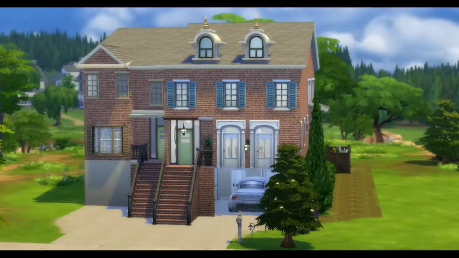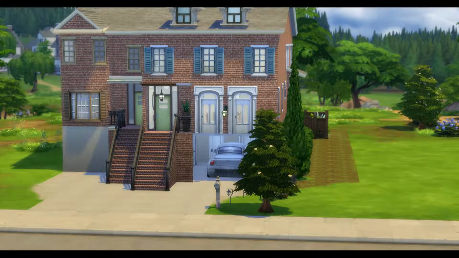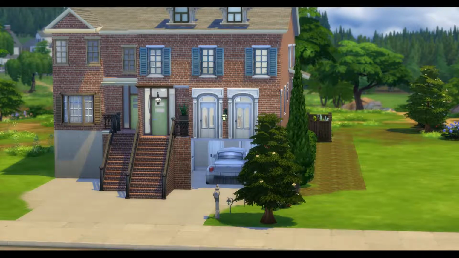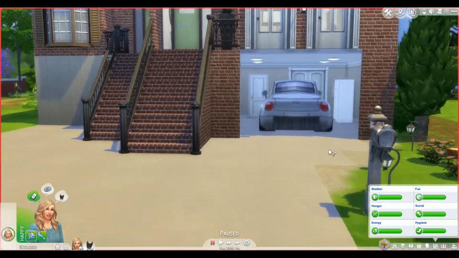So you guys, this is my house. I hope that you like it. I'm gonna do a little bit of a walkthrough. I am still learning how to use the cinematic camera, so forgive me if it's a little rocky. But this is the outside of my house that you can see here. And let's go in, and we'll go in the front door. Or actually, no, let's go in